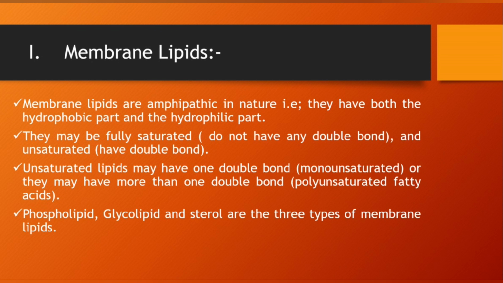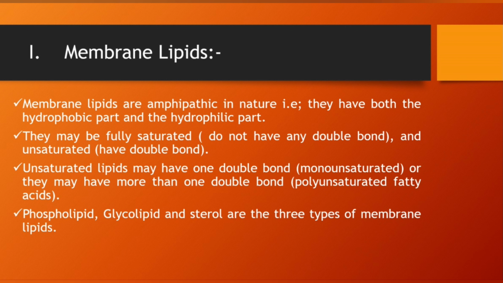So the very first component of the plasma membrane are the lipids. As we have studied in the previous lecture, lipids are amphipathic molecules. What do we mean by amphipathic molecules? Amphipathic molecules are those molecules that have both a hydrophilic part and a hydrophobic part. We have seen the structure of a lipid molecule in the previous lecture. We have seen a hydrophobic tail and a hydrophilic head. So the lipids are